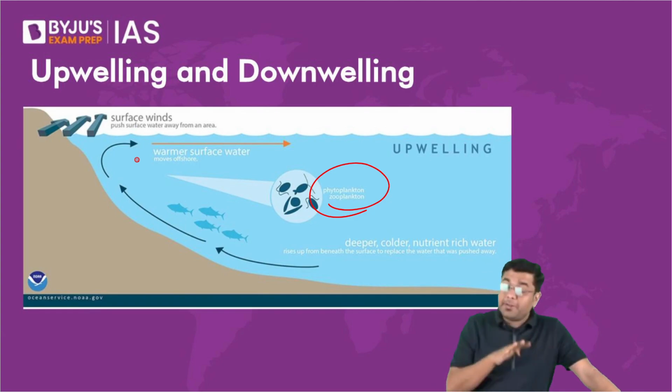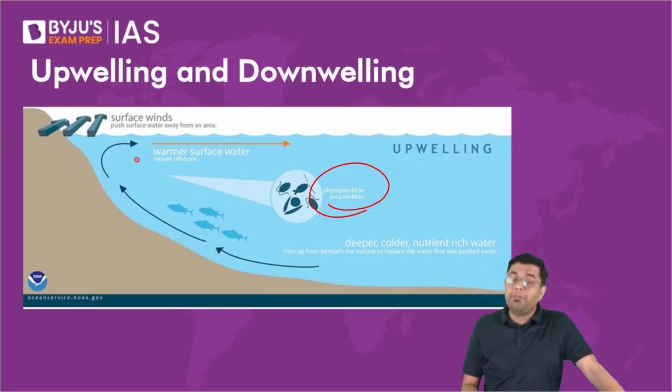So in the case of the Walker circulation, where is it that upwelling happens? In the case of Walker circulation, upwelling happens in the region of the Eastern Pacific Ocean, across the Peruvian